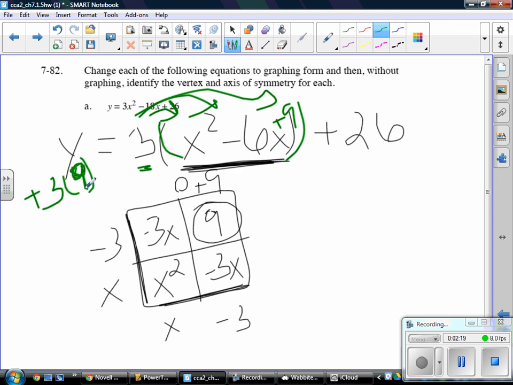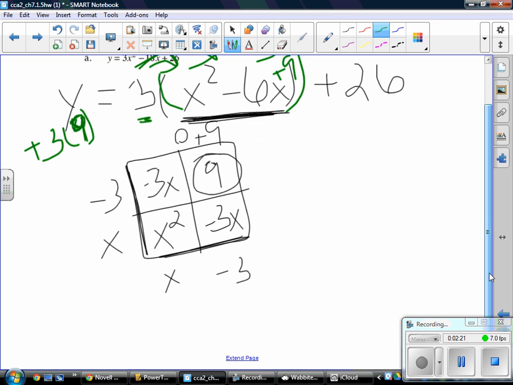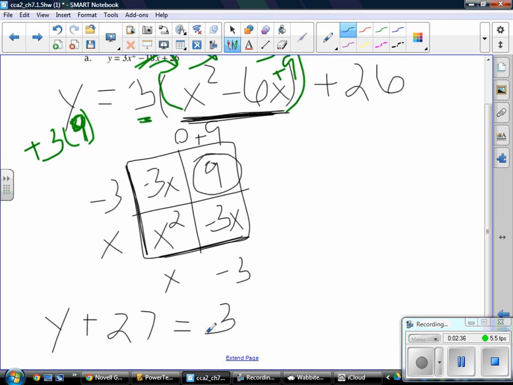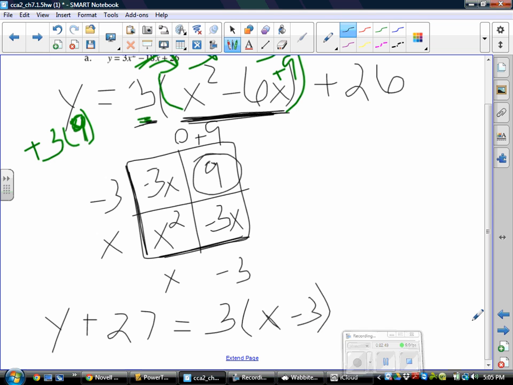Okay? So let's rewrite this a little bit. We're going to write our left side, which is y plus 3 times 9, which is going to give me 27, equals, I still have the 3 I factored out in the beginning, right up there. Parenthesis, I'm going to write my box, instead of area as a sum, as a product, so that's x minus 3, and then since I have 2 of them, I'm going to square it, and then I have this plus 26